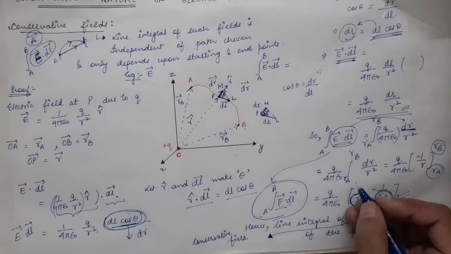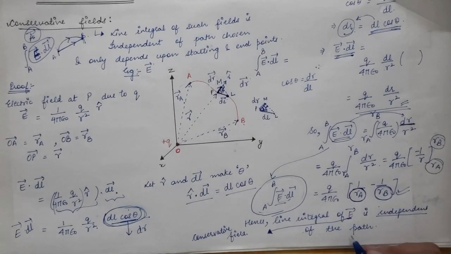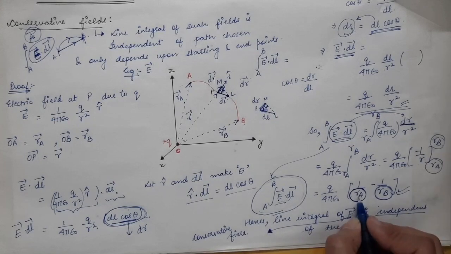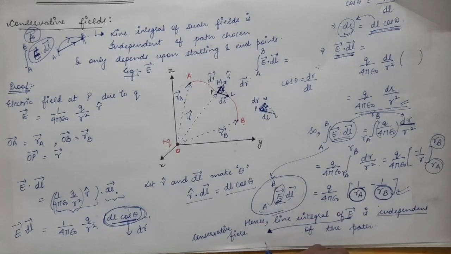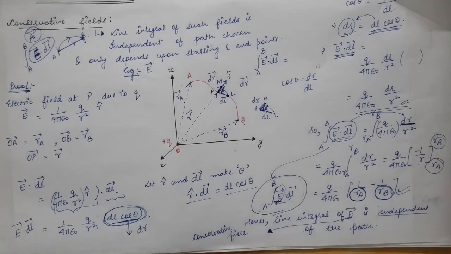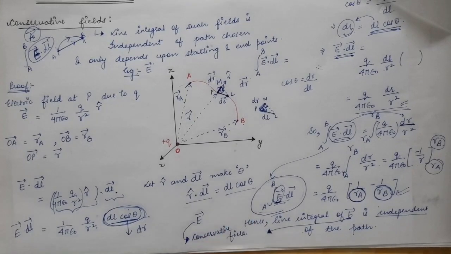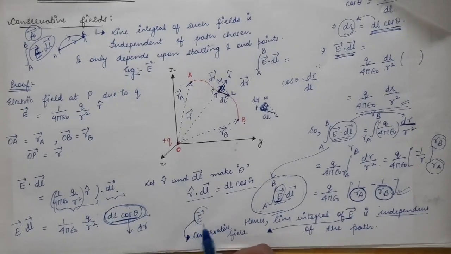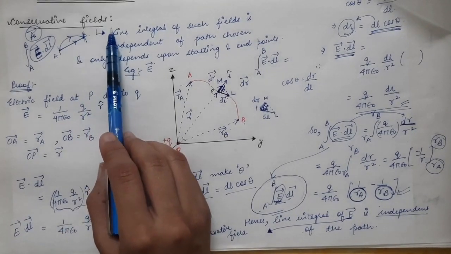Therefore, the line integral of E vector is independent of the path, hence the electric field vector is a conservative field. So with this article we have proved that the electric field vector is a conservative field. So it is an example of